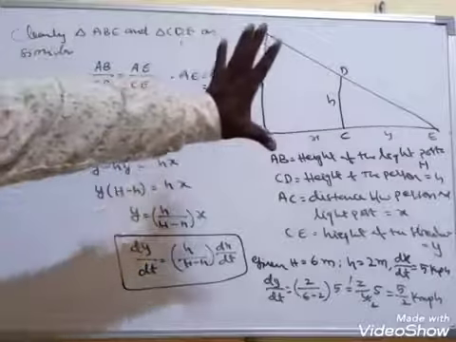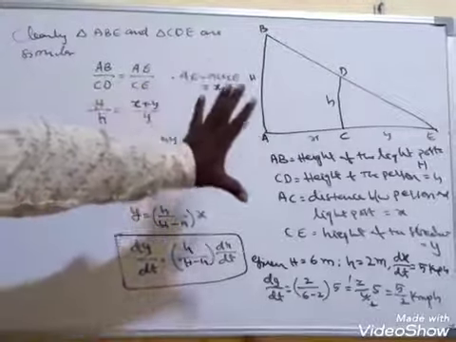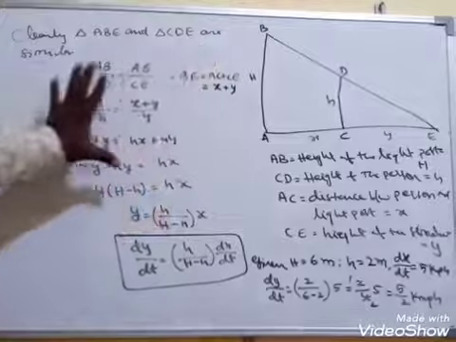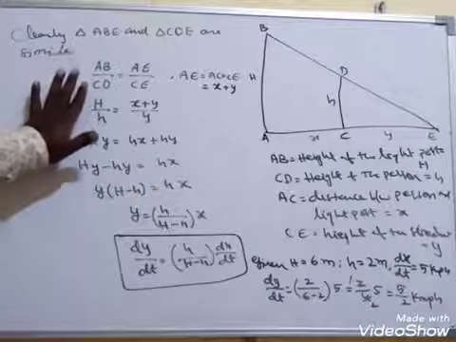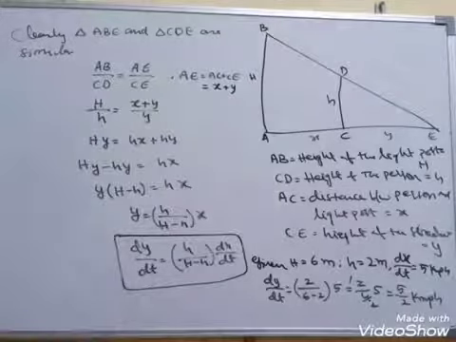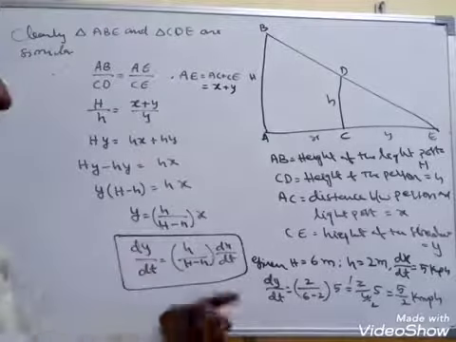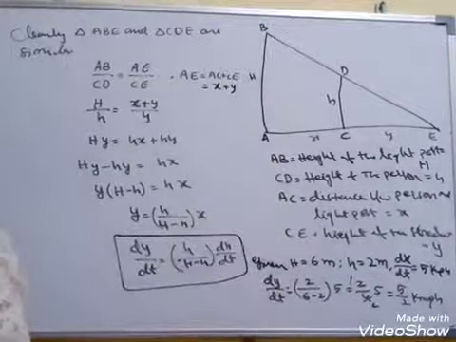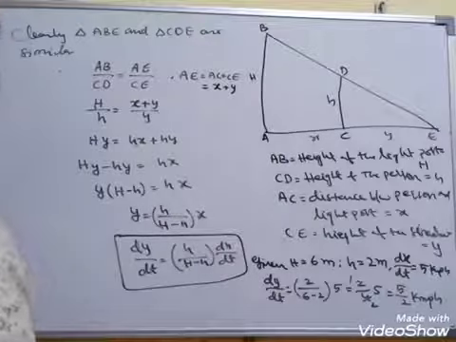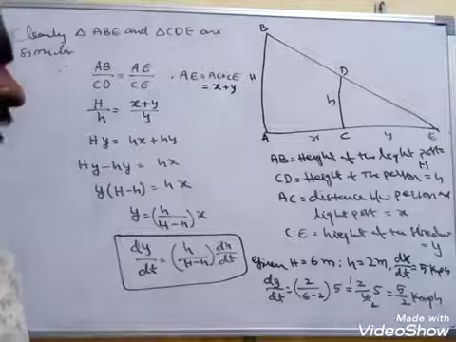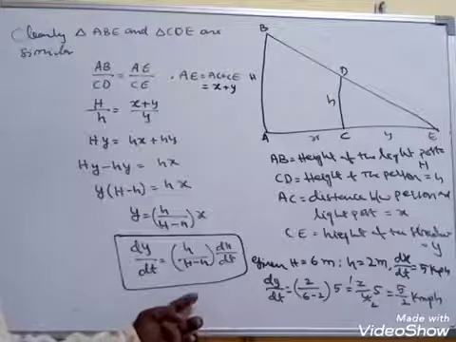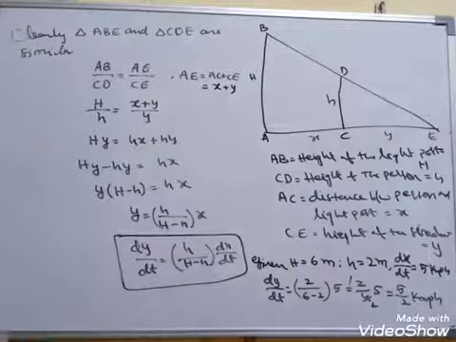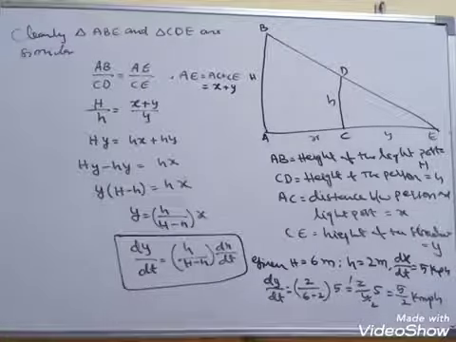Here they give the heights of the person and the light post and ask for the distance between them. It forms right angle triangles constructed on the same side, that's why they are similar. When the triangles are similar, you take the ratio and finally get dy by dt equal to h by (H minus h) into dx by dt. Up to this is the common solution. Later, whatever values are given, this is the solution for different problems. Sometimes they will give feet per hour, feet per second, feet per minute or centimeter per second instead of kmph. This is the shortcut and common solution; later you substitute the values and get the required answer. Okay, thank you.